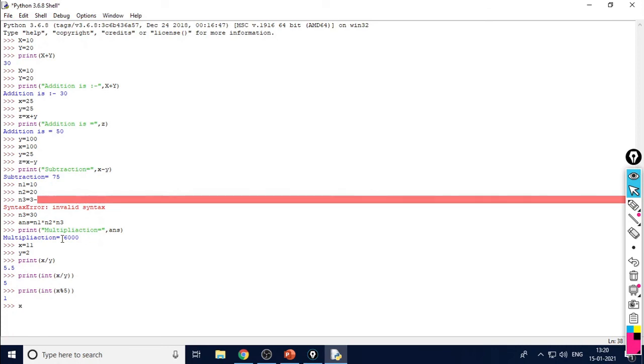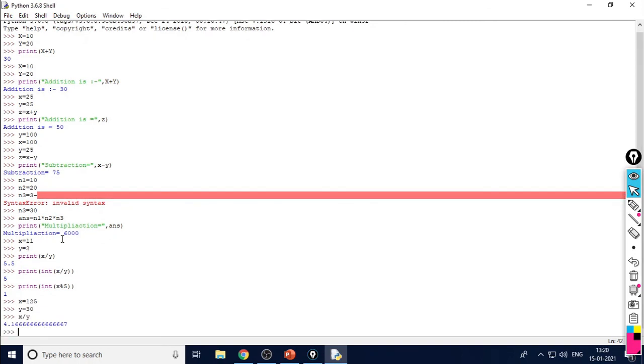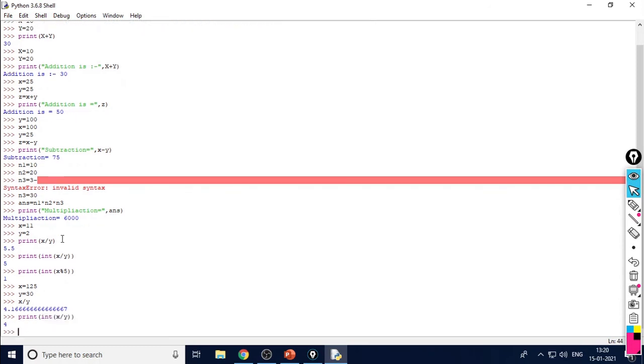Take another example, x is equal to 125, y is equal to 30. Then x / y gives 4 point something. We can print the integer value, print(int(x / y)), so it gives you 4.